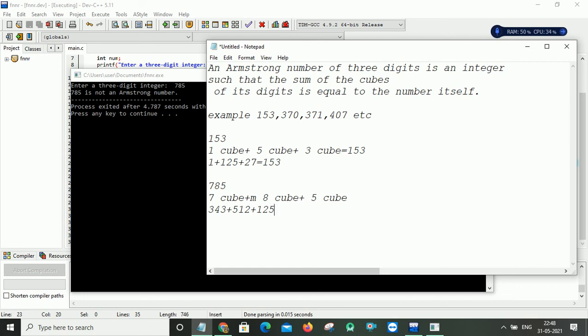Now I am adding these three numbers: 512 plus 125 plus 343. So now my result is 980, which is not equal to 785. So because of that, 785 is not an Armstrong number.